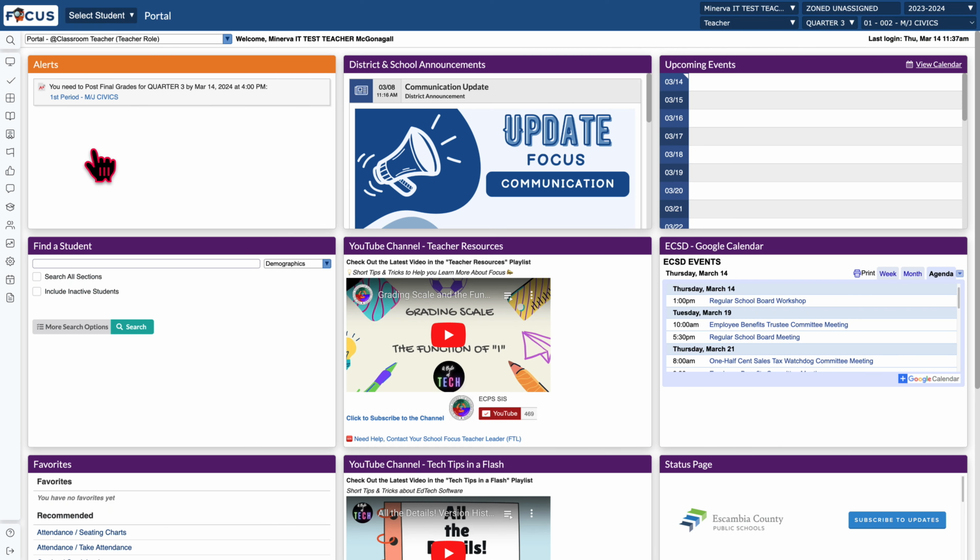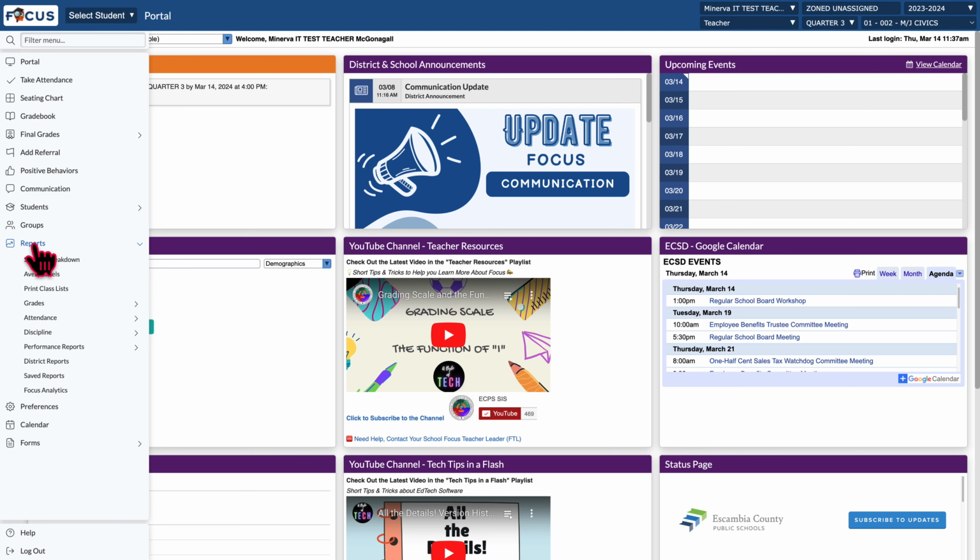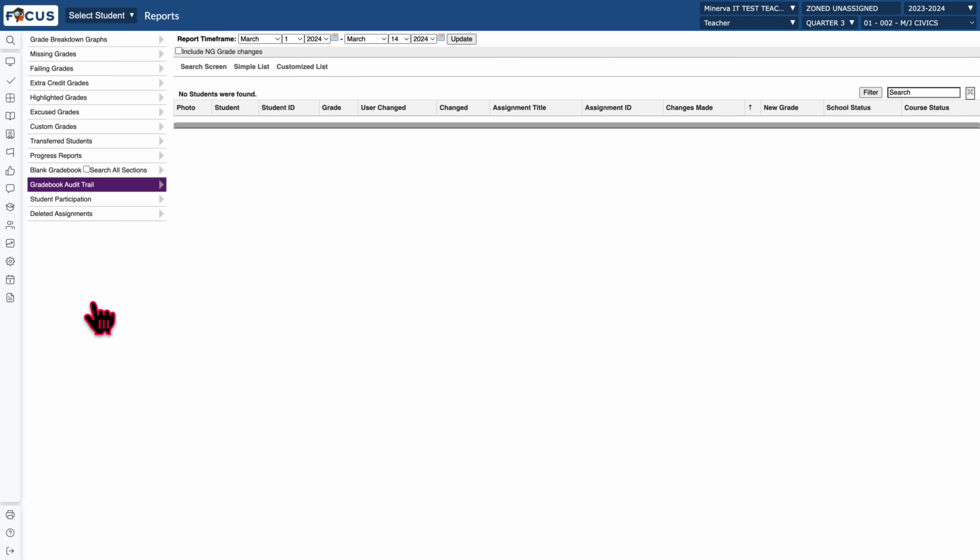From that portal screen, go to your sidebar menu, choose Reports, choose Grades, and then you're going to click on Grade Book Reports. Now when this screen appears, you see all these different reports that you have the option to run, but we're going to click that Grade Book Audit Trail. And then we're going to come to the top because we need to choose a time frame. So we're going to use the drop down, and we could switch it to October if we wanted to do that,